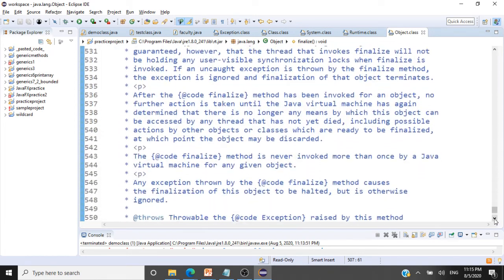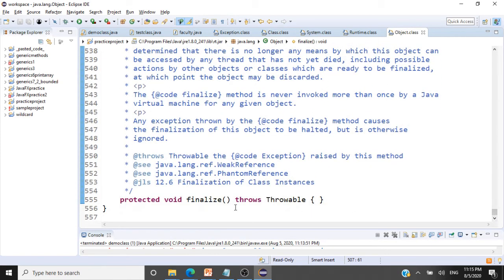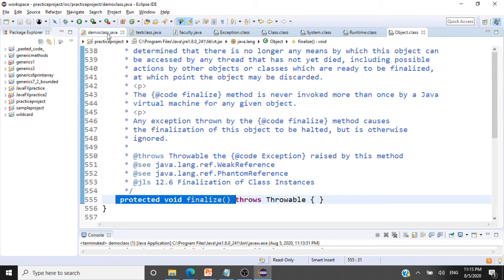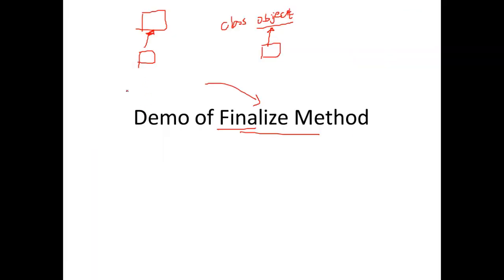When you take a look at this method from the Object class, it does nothing. There is no code. It does nothing here, but we can override that in our DemoClass. I told you that if DemoClass is our class and there is an Object class, by default every class inherits the Object class. So this Object class has the finalize method. This finalize method will also be inherited and we can override this method here. We all know what overriding is. So we'll be overriding this method here.